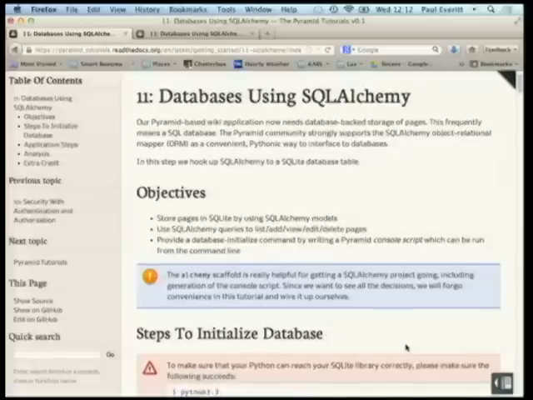Okay, SQLAlchemy. You can go through this one on your own. It works, but we don't have enough time to go through all of it. So far, we've built our entire application. It just persists its data in memory. Well, I want to use a database. Pyramid supports a ton of databases, both SQL databases, NoSQL databases, other kinds of databases which shall remain nameless. For relational databases in particular, SQLAlchemy appears to be the best